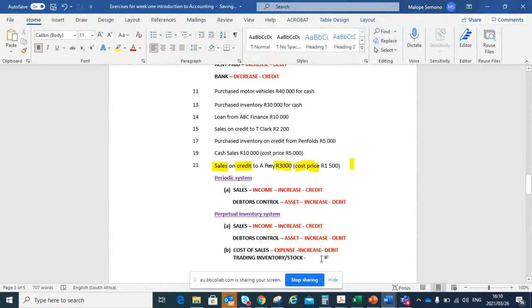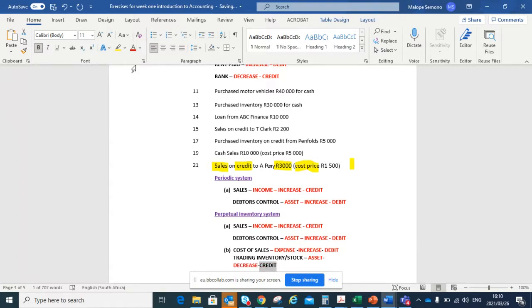So I'm going to say it is an asset. Because obviously stock is an asset, and if you are selling it, it is decreasing. How can you sell stock and you end up increasing your stock? You will be arrested for that. That is fraud. So you need to make sure that you decrease it on the credit side. But don't worry, guys, it's a process. You will get used to it. No one is perfect. We learn every day.